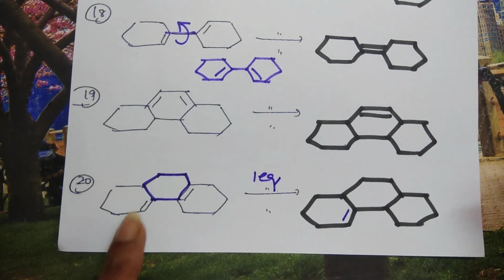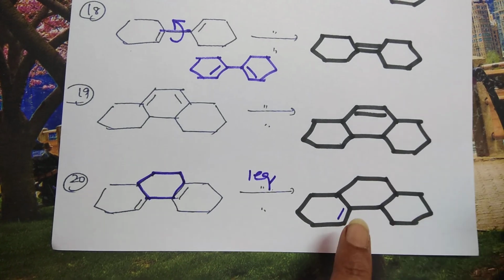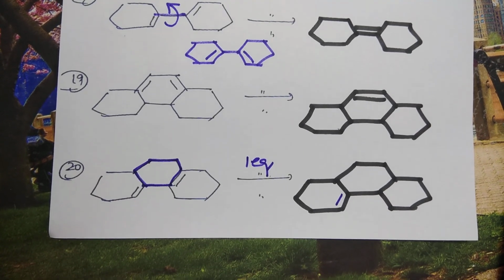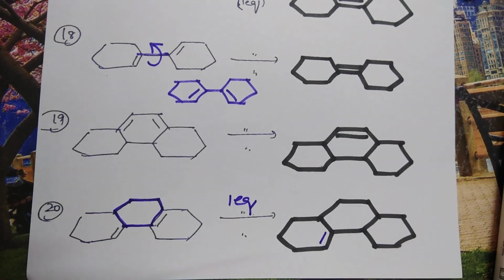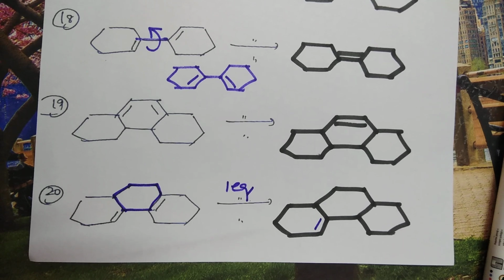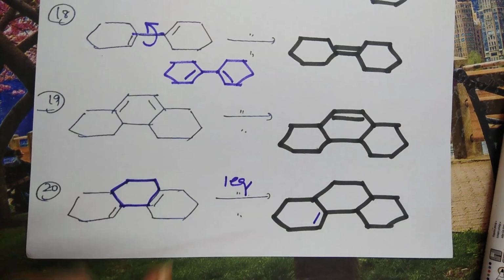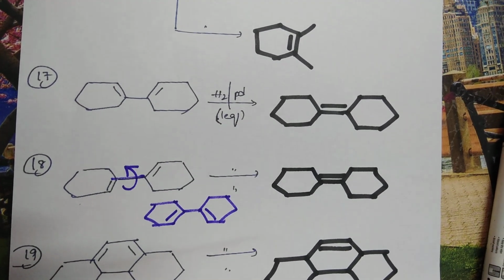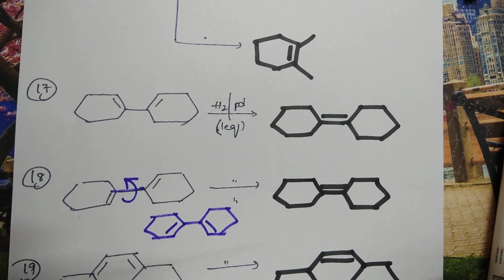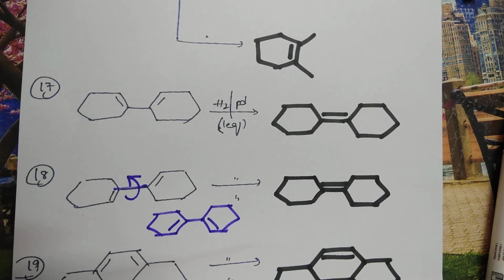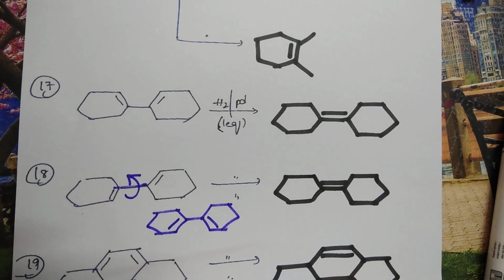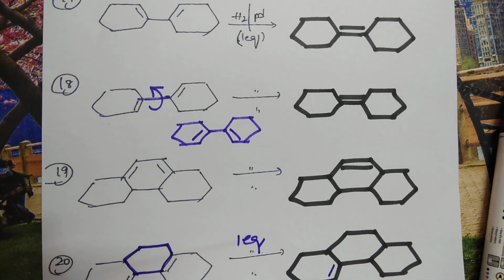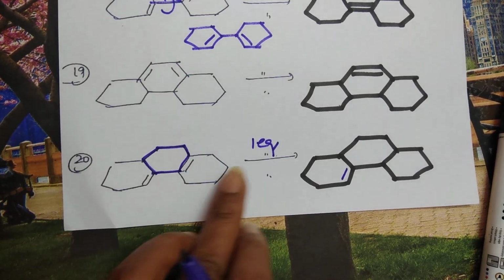Is it clear? Suppose here both are the same, that's why I reduced either; you can reduce either this side or this side. But if out of two, both are different, the one which is less crowded will undergo reaction faster. Clear? So you learned here syn addition, and the rate of hydrogenation you can decide based upon crowding. More stable means less heat of hydrogenation. Trans means you should convert into cis, and if rotation is locked, out of two pi bonds only one pi bond will be reduced.